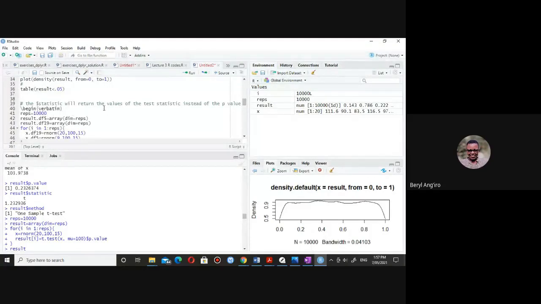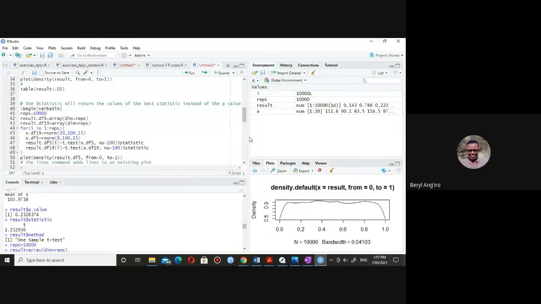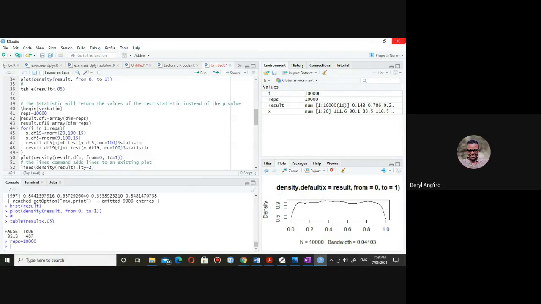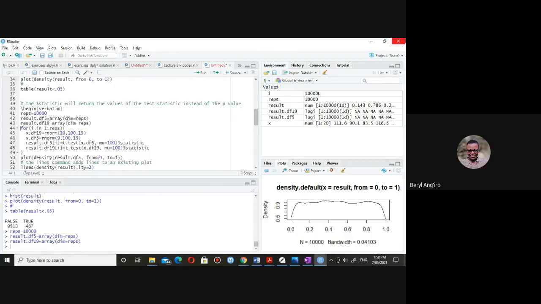So the statistic will return the values of the t-test instead of the p-values. The p-values only if you specify that you extract them using the $ sign. So we have the number of repetitions, that is 10,000. Then we want results for 5 degrees of freedom to be in an array, and also the result for 19 degrees of freedom in an array. So for i in 1 up to 10,000, because we are iterating 10,000 times,